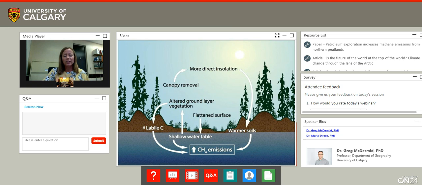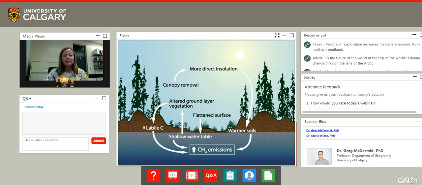And so on the slide here, you see labile carbon. All that really means is carbon that's much easier for the microbial community to break down. We think of it as the candy of the litter, right? The microbes can use it really easily. So in this case, we're interested in what might be happening to the methane emissions, that important greenhouse gas that